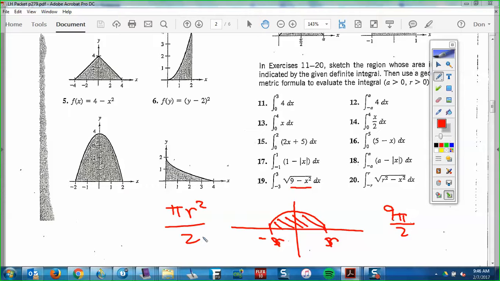Right? Yes? For like 19, would it change anything if instead of 3 to negative 3 it was 4 to negative 4? Sure. Now, let's read that. I don't like how you read that, 3 to negative 3. Always start with the bottom. So negative 3 to 3 is how we're going to say that. So negative 3 to 3, yeah, I would definitely change it because now you would have, well,